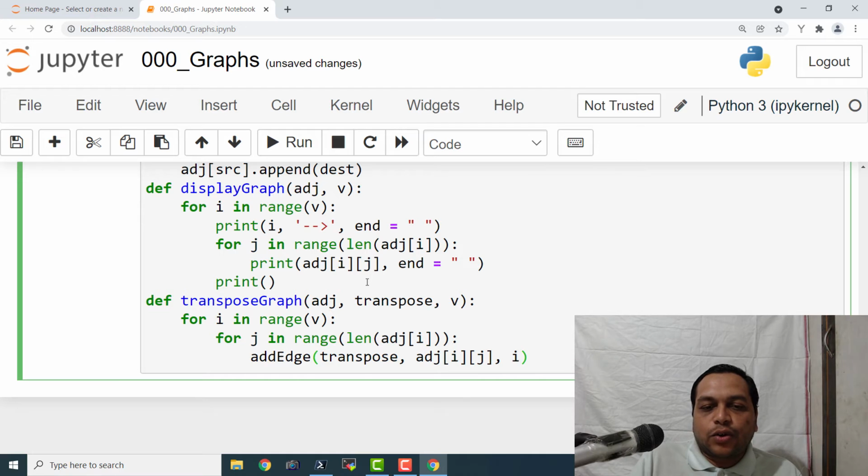So this is how we are going to compute the transpose of the given graph. So basically we are transposing the adjacency matrix of that graph and it is going to create a totally different graph, or it is definitely going to create a mirror image of that graph.